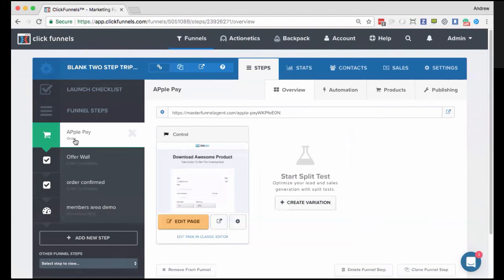ClickBank and Jvzoo are really good places to search first because obviously we know that those are sales funnels that a person goes through when they start that process. The rest is something that I would direct to our Facebook community, see if anybody there has any information or ideas that are specific to the same niche that you're going after as well. But other than that, we're very limited on what we can share with you with reference to advice on what to build, how to build it, where to advertise it, things like that.